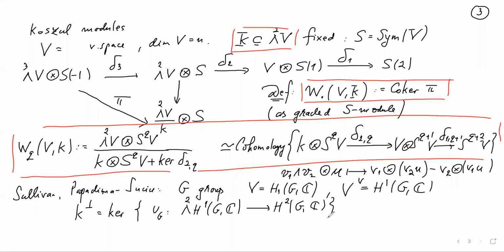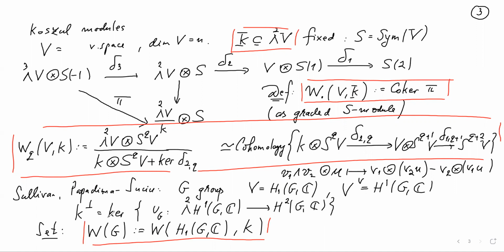And then I set VG, WG, so this is the Causal module of the group, as being simply the Causal module associated to these choices, namely to the choice of the cohomology and K, where K is the perp of the perp, of course. So this is some sort of homological gadget that you can associate to any finitely generated group out of the